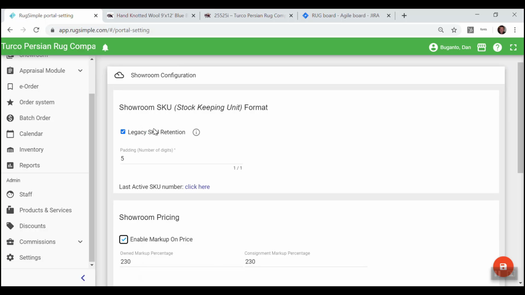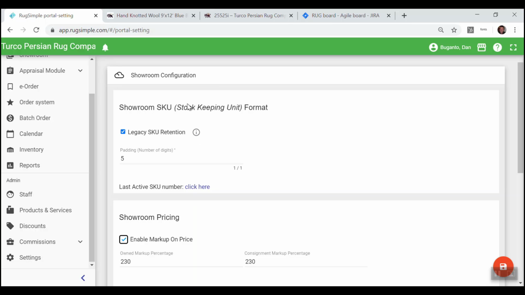What this does is that if you have pre-existing SKUs or stock numbers that you want to continue to use, then you would click legacy SKU retention. It means you're retaining your SKU that you were previously using. If you do not click this, then the system will assign a SKU number to that item when it's uploaded. You can still make reference to an old SKU number if this is unchecked, but it won't use that existing